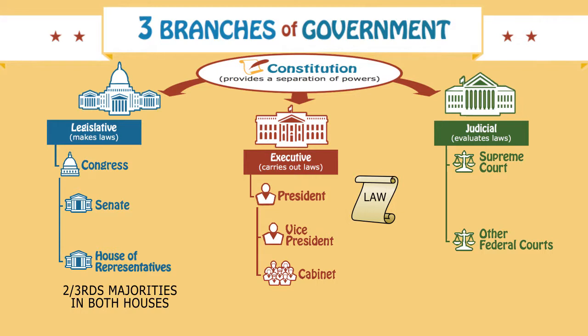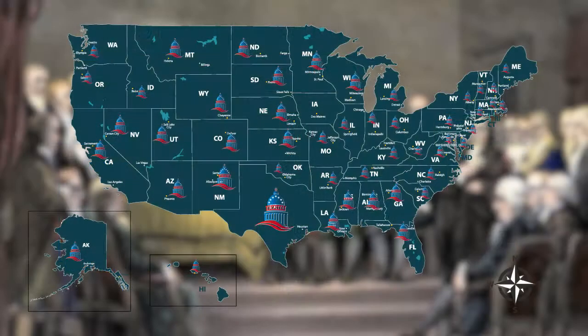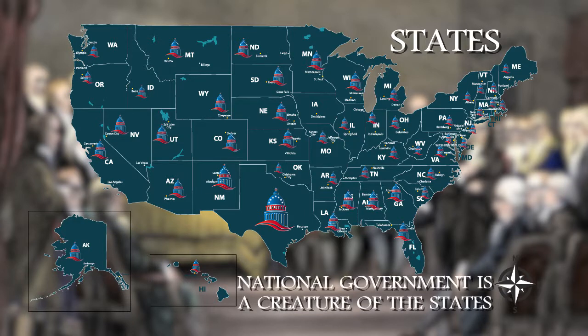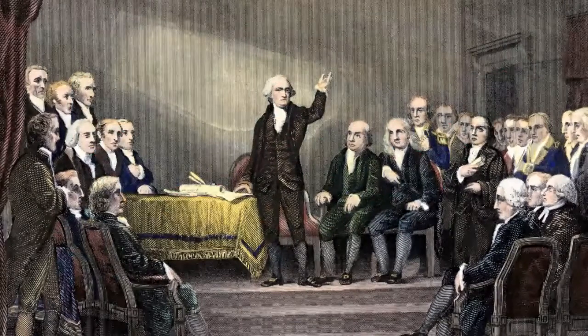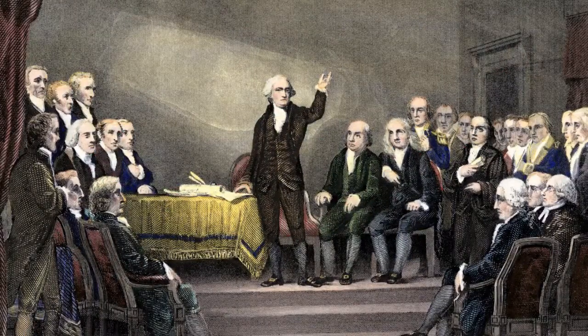So with this built-in restraint system, the founders hoped that each branch would be jealous of its prerogatives and provide a check against other branches usurping constitutional powers. Now remember this too, the states are part of this restraint system as well. States existed before the national government. The national government is a creature of the states, a very important principle. When creating our national government, the states simply yielded to it some of their powers, but they still retained power in their own jurisdictions. And the founding fathers expected each level of government to be jealous of its jurisdiction and check any grasping of unconstitutional powers.